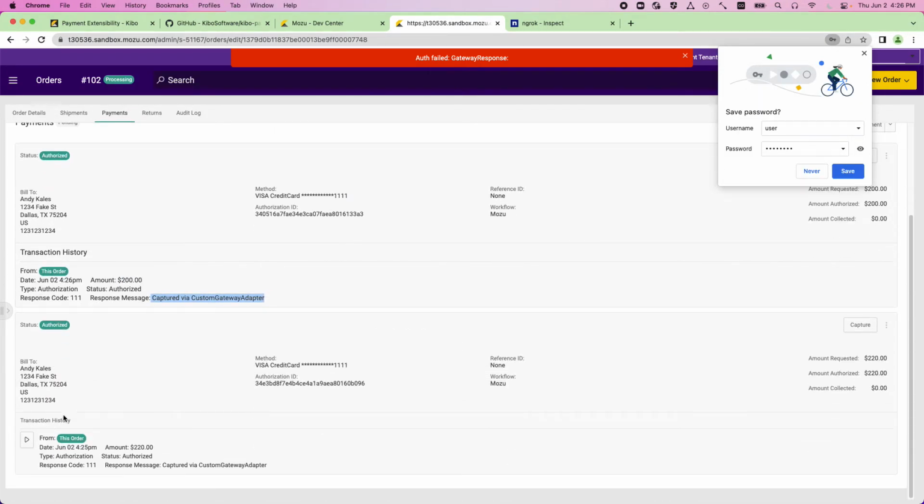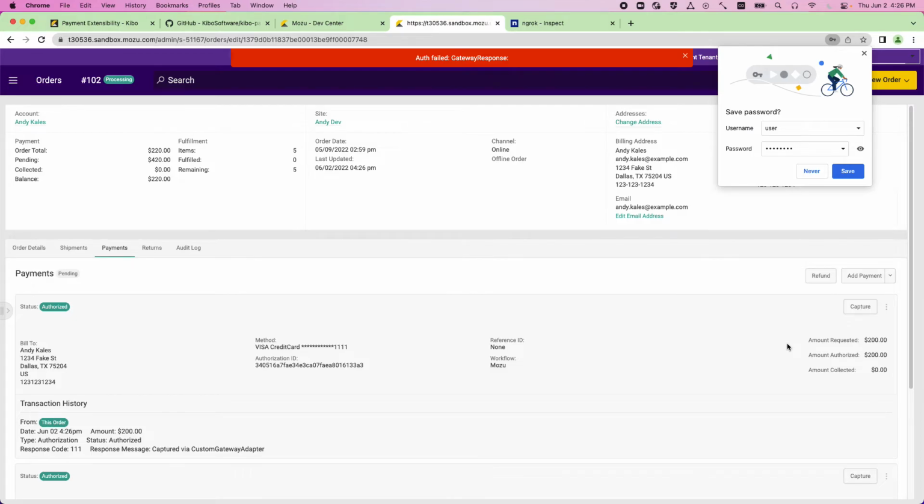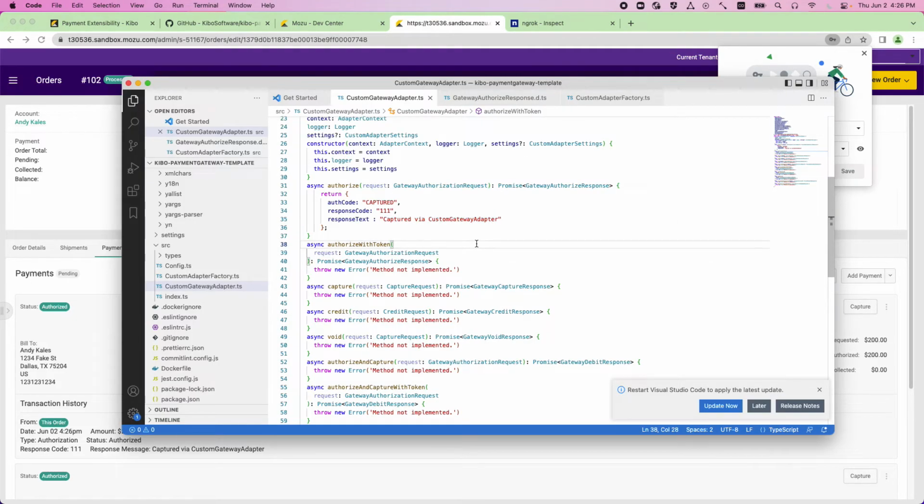The reason I didn't use this earlier is that it actually tried to re-auth once I created the new payment. And so that's the main idea. You just implement these methods and